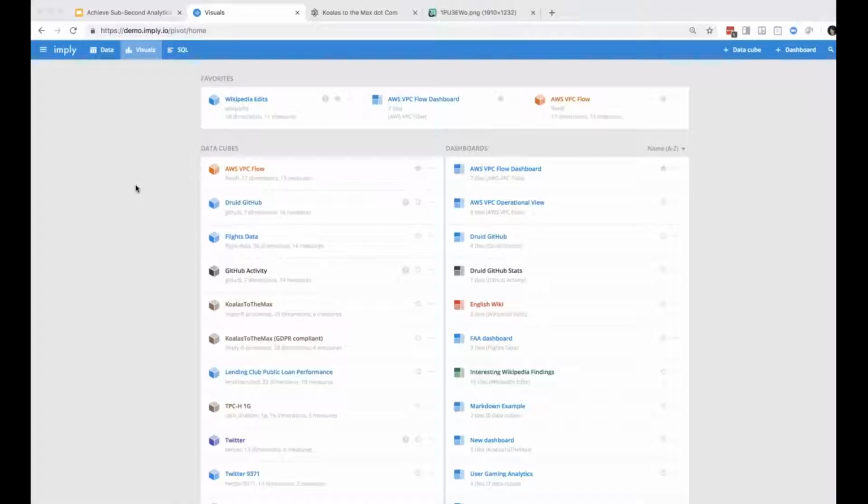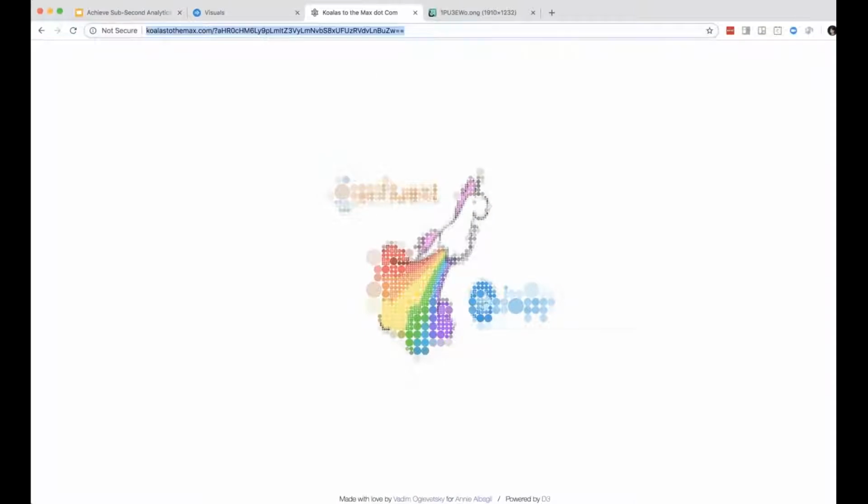So Josh just created us a stream of data, and that stream of data is actually coming in from this website, which we sent you to earlier in the presentation, called Koalas to the Max. And if you guys were playing with it, which I think some of you were, you'll find as you mouse over the image, it pops the bubbles.